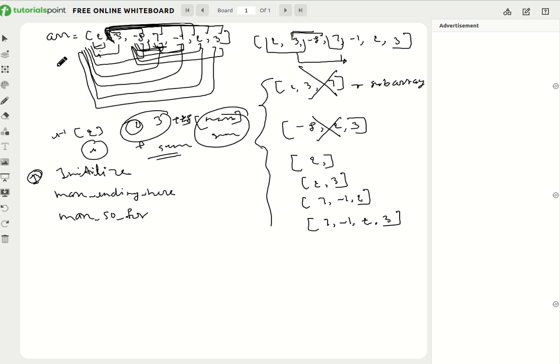But when I'm taking these two, this subarray, then the sum will be 5. So 5 is greater than 2, then I'll consider it. Okay, so these two variables I find. First I will find this one, then I will add and get the sum, and if the sum is greater than the previous one, then we will consider it, otherwise I will discard it. Okay, and the second step is that I will iterate